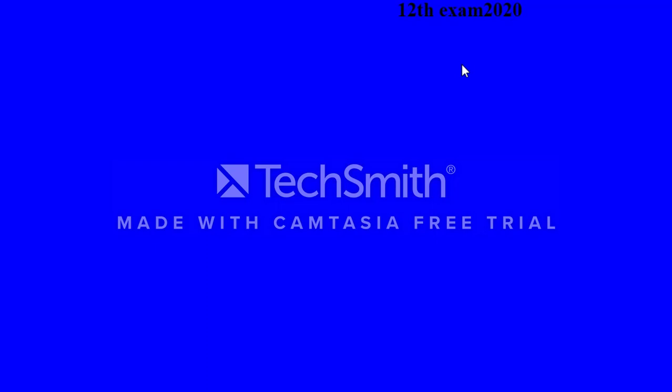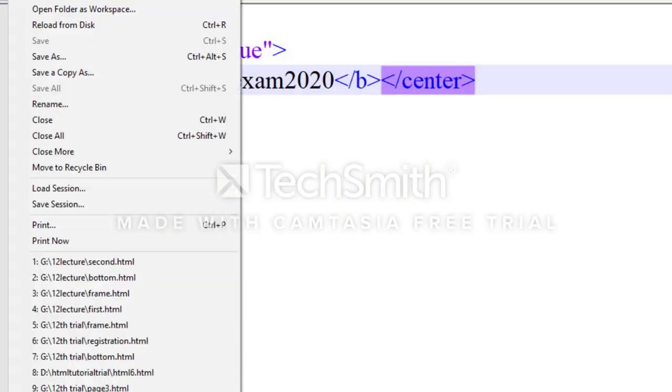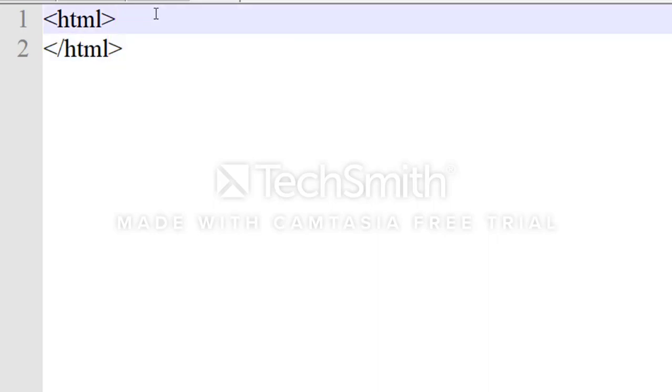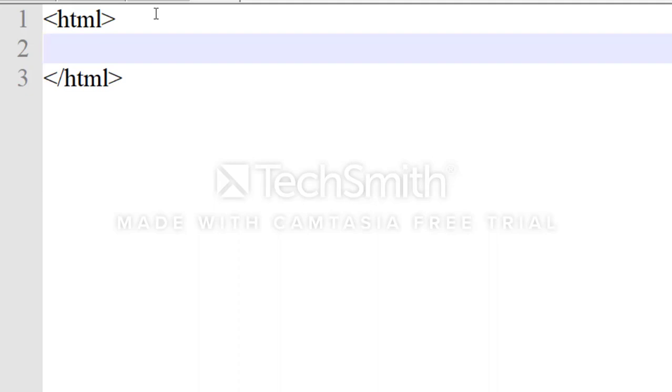Now both web pages we have to include in one web page. For that, close these, take a new file, and in the new file write HTML tag open, HTML tag close. Two or more web pages we have to include on the same web page.